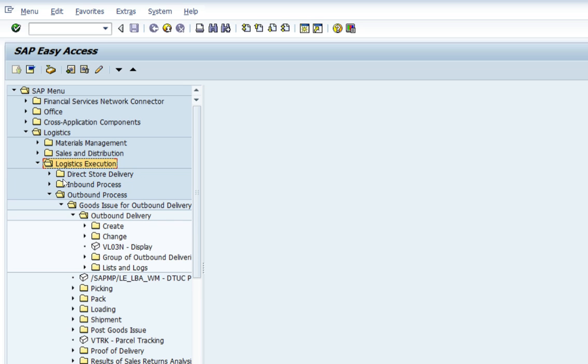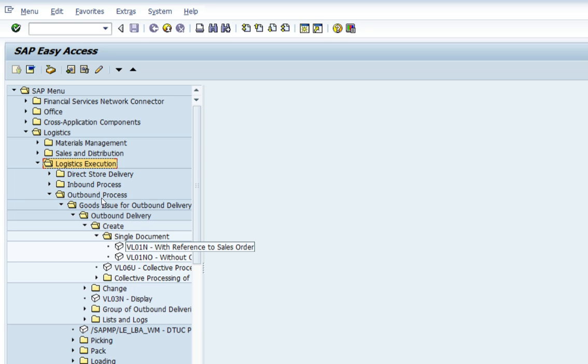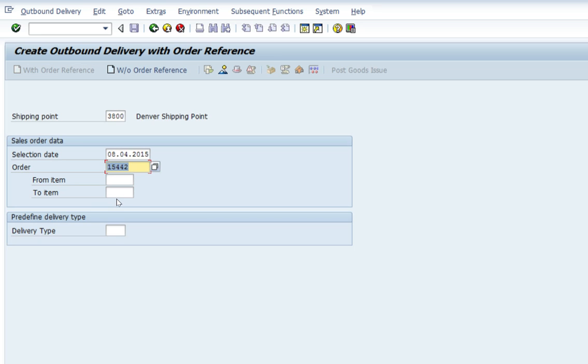There are a lot of functionalities here, but our concentration is just a single document, transaction code VL01N with reference to the sales order. It's the simplest form of your delivery. So I'm double clicking on that and giving the shipping point 3800 here, and the order number is 15442, which is populated automatically. If I remember correctly, the selection date was 09, so I'm changing it to 09 and for 2015, and then going ahead and